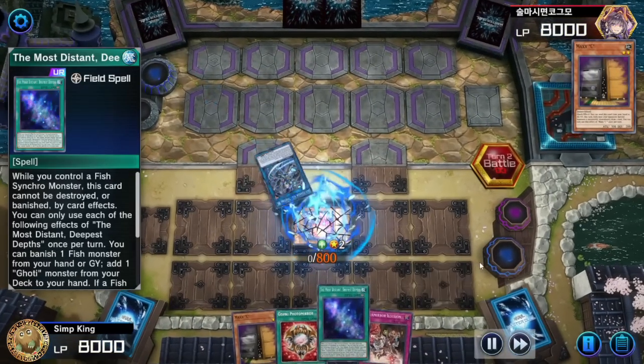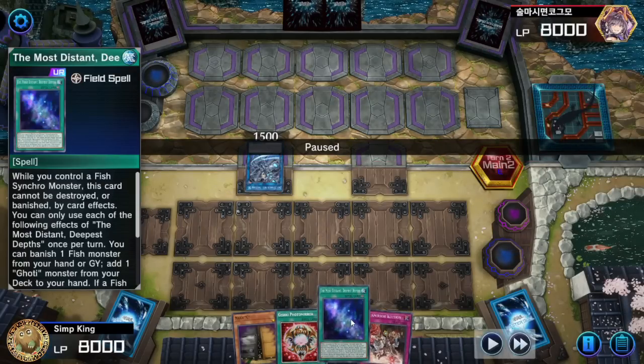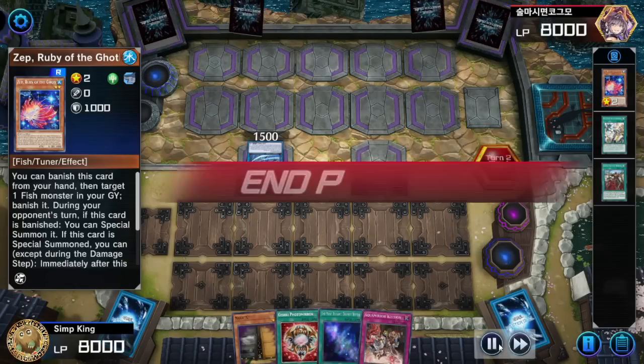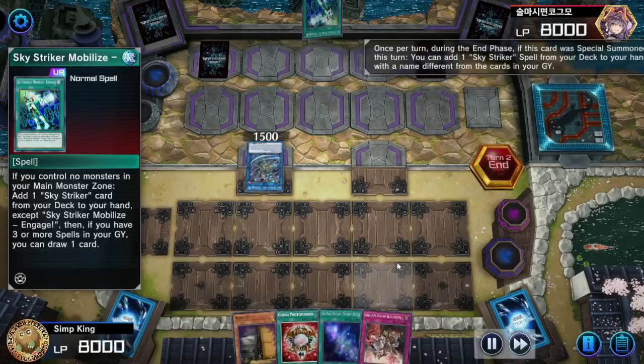Shizuku, letting us search for the distant deepest depths. Okay, do we have a fish in the graveyard? We do. Okay, so we have a way to search for the Ghotis. But is this something we can do? Do we have something we can really do here? Maybe, possibly. All right, opponent setting 2 back row, searching for the Mobilize, which is going to let them grind